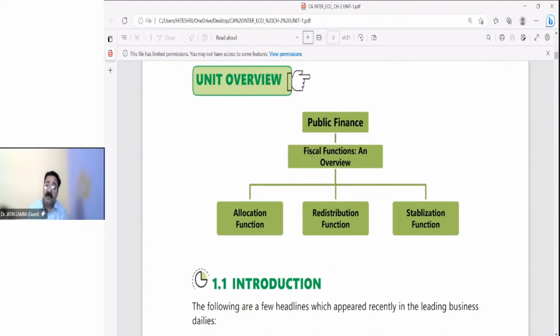So basically we will cover three types of fiscal function here, and these three functions are basically what? These are the objectives of the government budget. So the three main objectives of the government budget are allocation function, redistribution function and stabilization function, we will discuss these. Let me first tell you in short what is the meaning of allocation function. Allocation function means many times